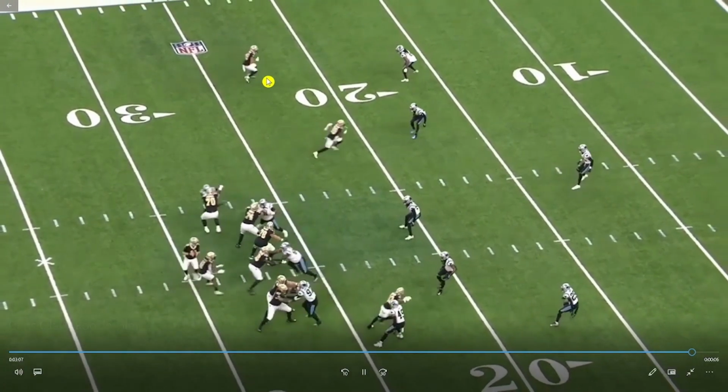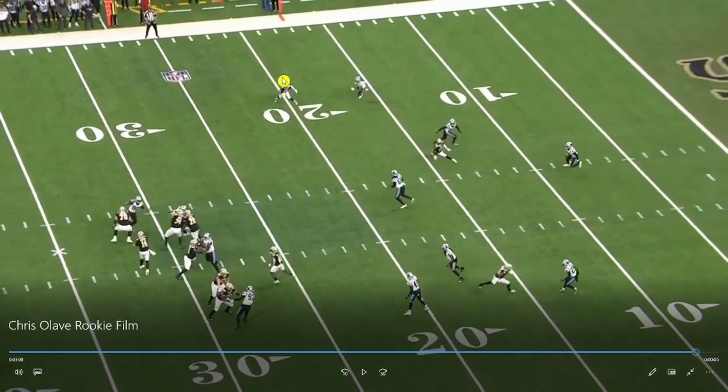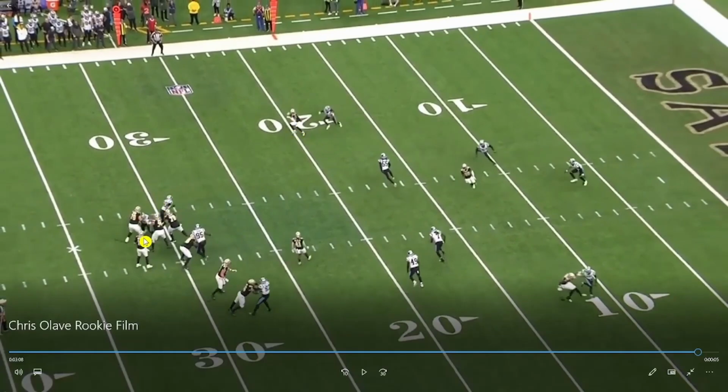Last one here against Carolina. Kind of a two-way go type of thing. Which way am I going? Which way am I going? Breaks to the inside. Understands defender is going to close at him in a hurry. What does he do? And even Dalton, I think, realizes this, throws it to the outside shoulder, but he does